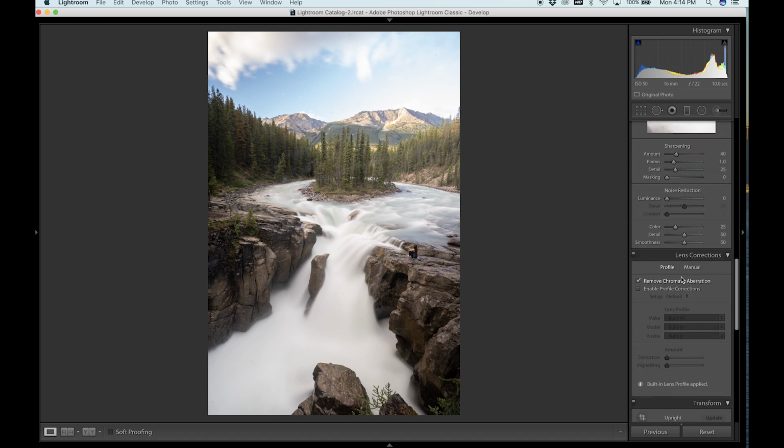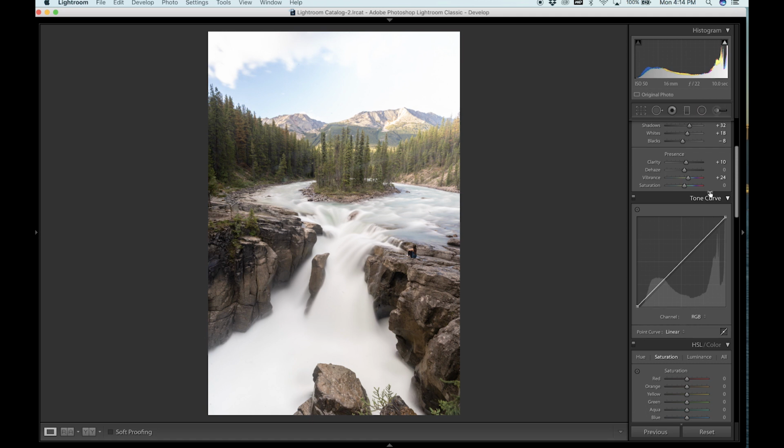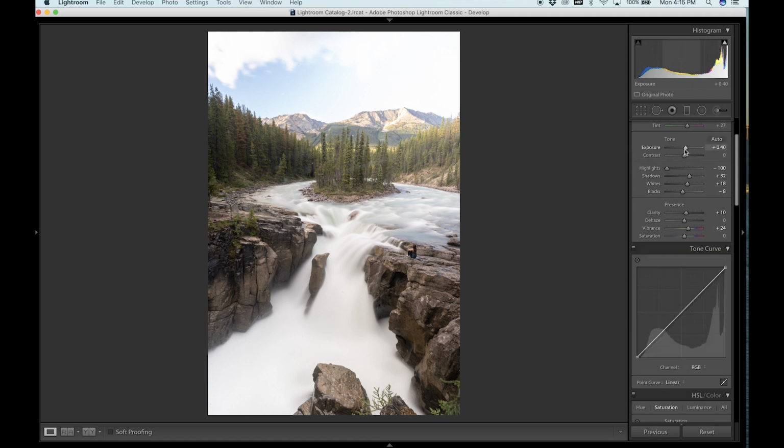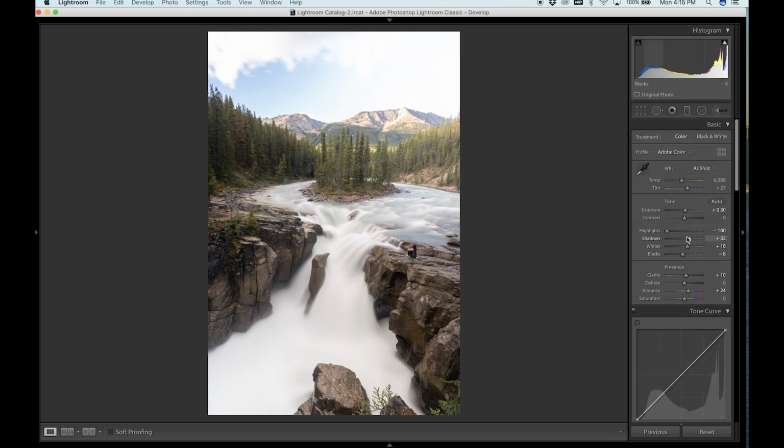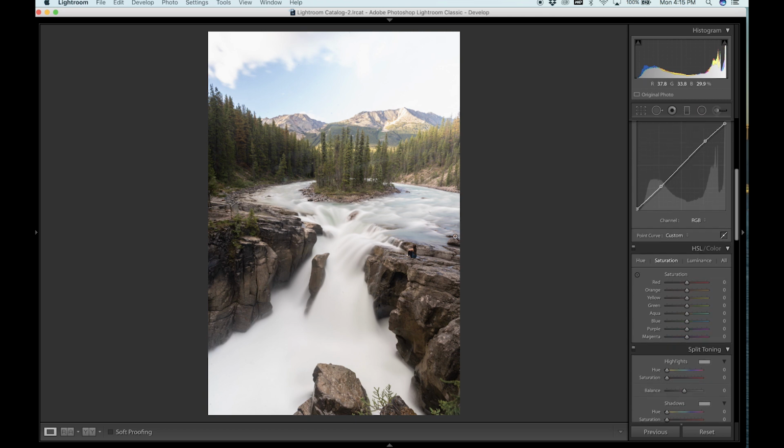Really fast, I'm going to remove chromatic aberrations and enable profile corrections. That did brighten the image by taking away the vignette, so probably drop the exposure just a stop. Maybe even one more. Looks a little bright. I'm going to put a small S-curve on my photo. Happy with that. Right here, these blues, really want those to be a little bit more aqua, so I'm going